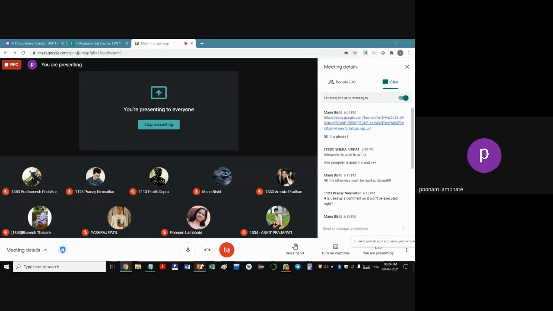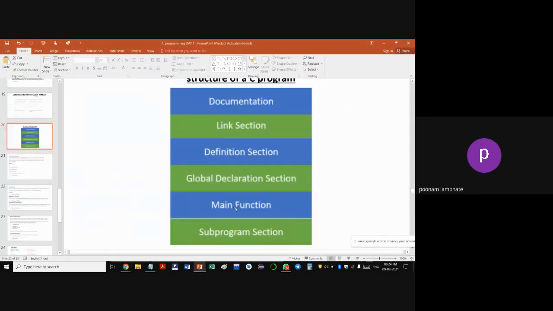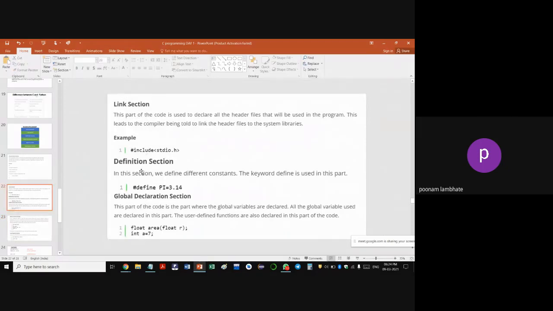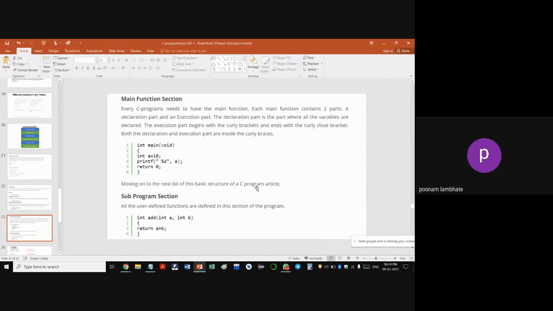Okay, then we'll continue. So main function, now in Python, you can either use a main function, or even if you don't use it, it's all right. But in C++, you have to use the main function. Now main function, it is the function from where the execution of your program will start. Means you have written many procedures, many functions. Those functions, you will call them in your main function.